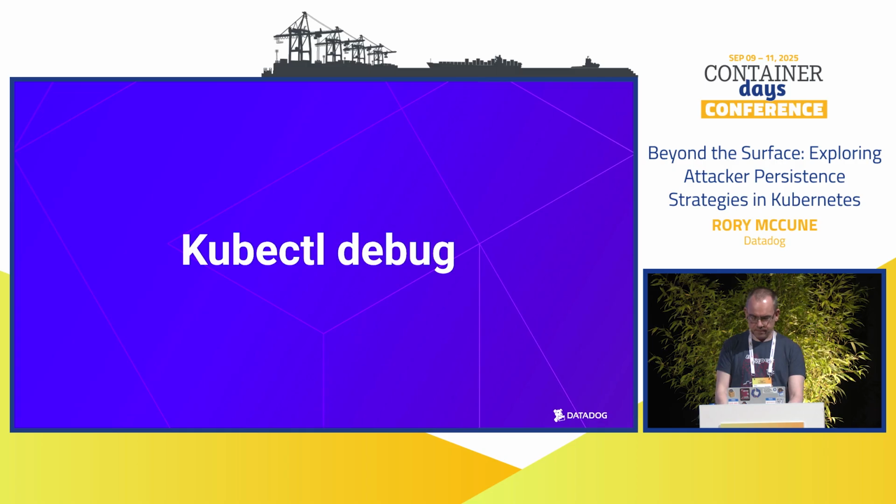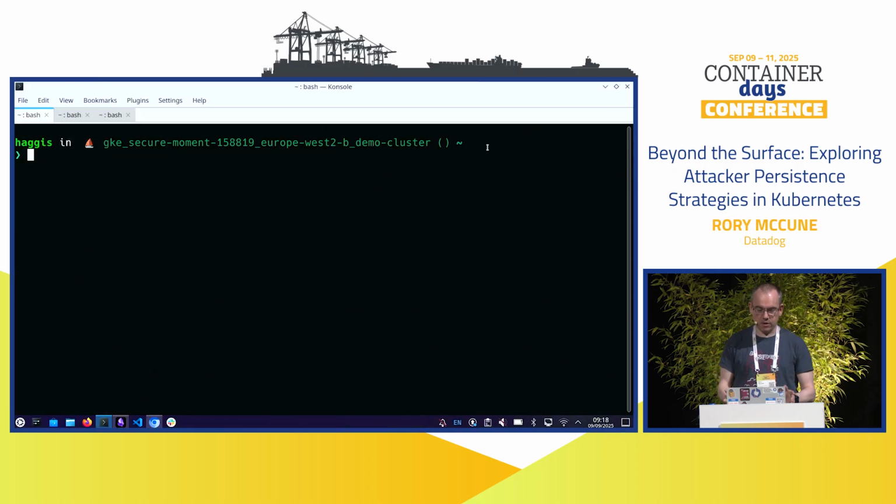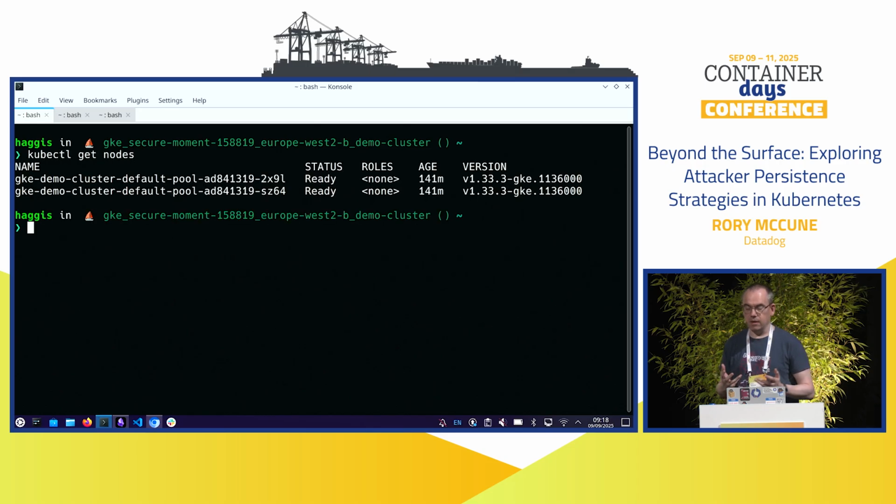Let's do it live. I've got a Kubernetes cluster here. This is a stock GKE cluster. This could be any distribution. GKE is just the one that I'm using for these demos. They pretty much all work the same way. If I do kubectl get nodes, we can see that my cluster has got 2 nodes. This will work the same if you have 2 nodes, 20 nodes, 200, 2,000 nodes. But I'm paying the cloud bill for these demos, so it's 2 nodes. So we've got our 2-node cluster, and we want to get a shell on it. How do we do that?